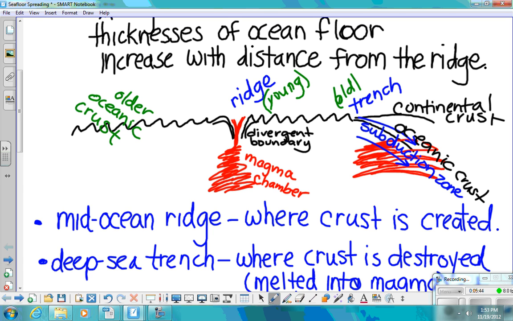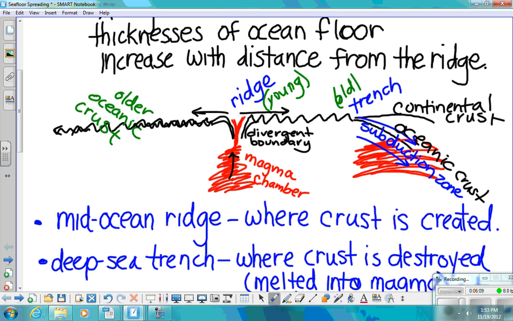And as that divergent boundary pushes the seafloor in opposite directions, it's pulling it apart. As it pulls apart, that magma moves upward and seeps out, and it cools and hardens. As the seafloor starts to spread in each direction, so it's moving in this direction,